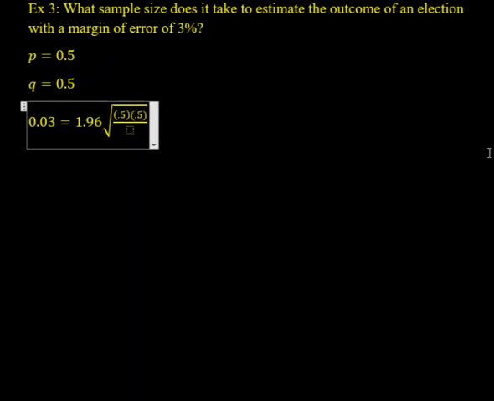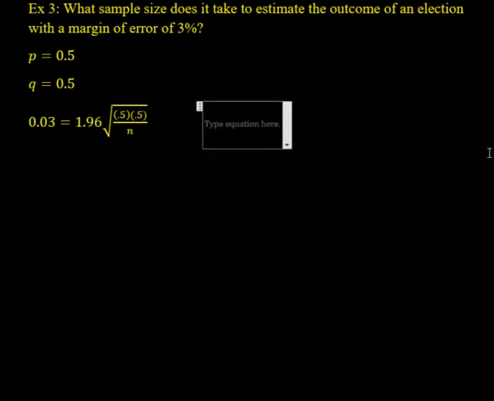So we do 0.03, and we're picking 1.96 because we weren't told a confidence level, so 95% is pretty much standard. So we use the Z star for 95%. So 0.03 equals 1.96 times the square root of 0.5 times 0.5 over n. Again, that 0.5 is the biggest possible variation we could have, so if we don't know a probability, we go with that. So now we divide by our Z star, so we get 0.03 over 1.96, which equals the square root of